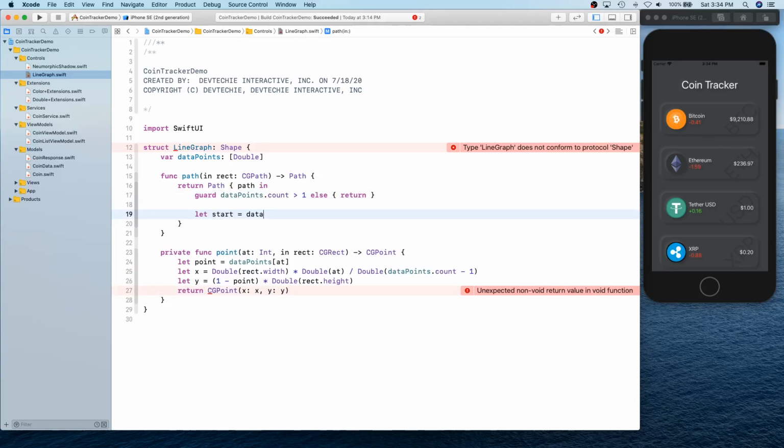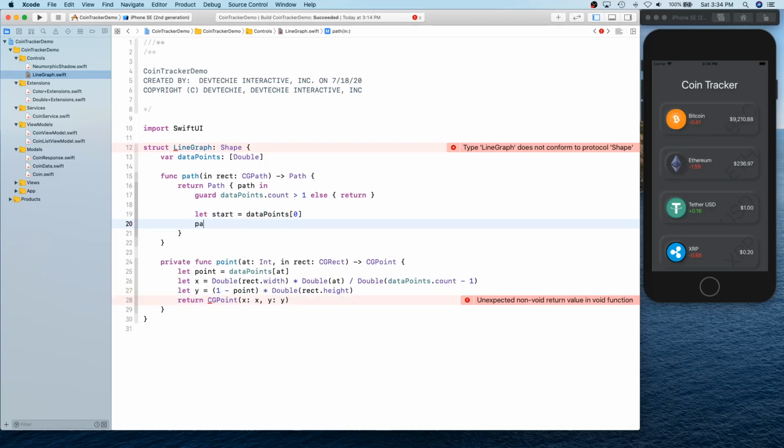So we're gonna simply say data point at 0, and you're gonna move path.move to that point. So CGPoint, and this point X location is gonna be 0, and Y is gonna be computed according to the height. So 1 minus start